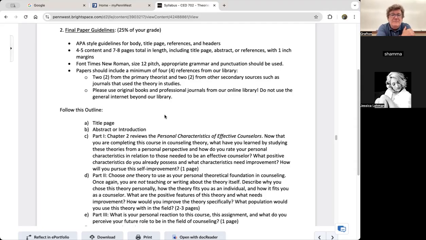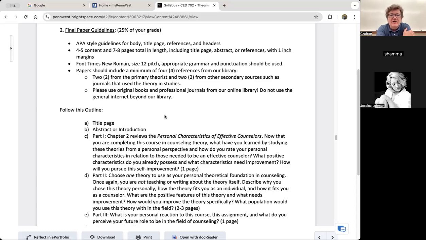Or maybe somebody ran a study and wrote a journal article. Hey, if your theory is CBT, how does CBT work with a certain population? And they did a study. You can quote them. So the way this works, when we say 2 from a primary theorist, if you choose person-centered, try to get 2 quotes from Rogers.